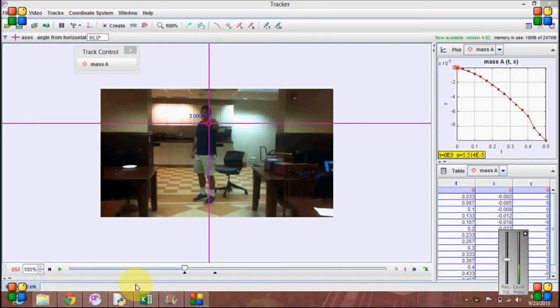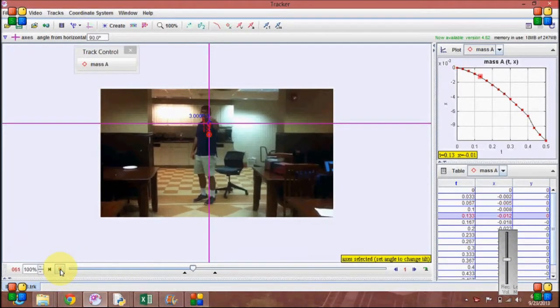So let's start. I had my friend Carlos drop a paper ball to the floor, and I found the center point of mass at each frame taken, which is shown by these red dots. The mass of the paper ball weighed about 5 grams, and the whole duration it took about 5 seconds to